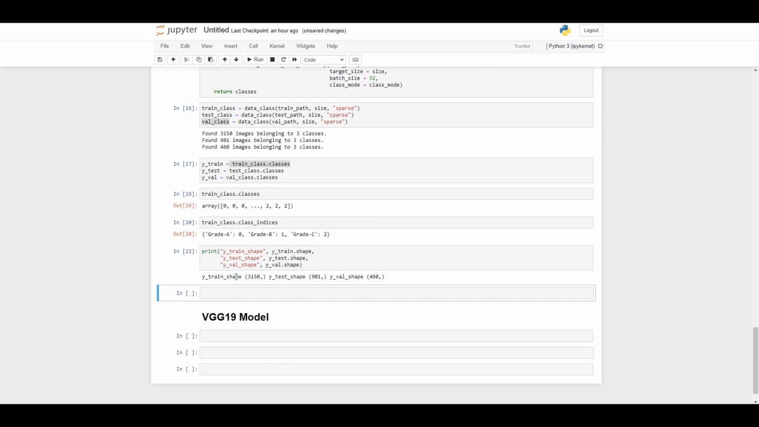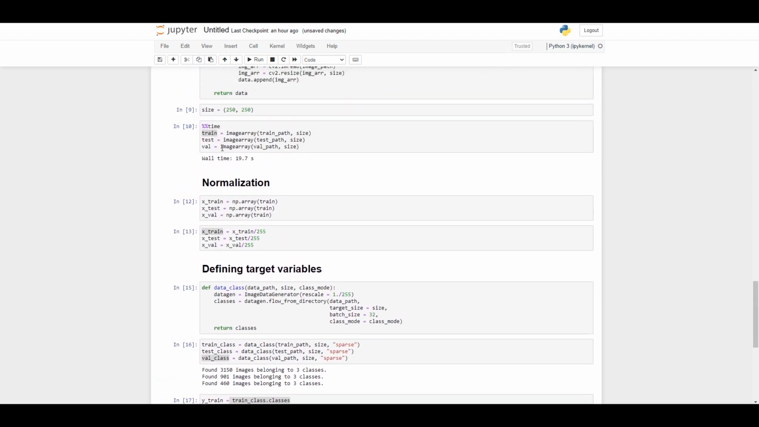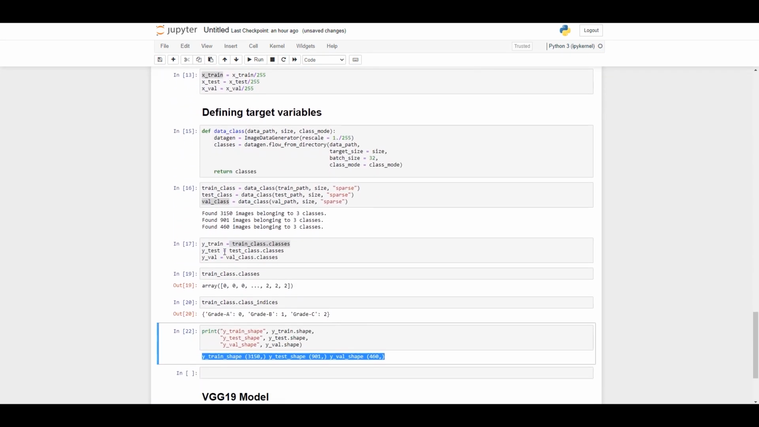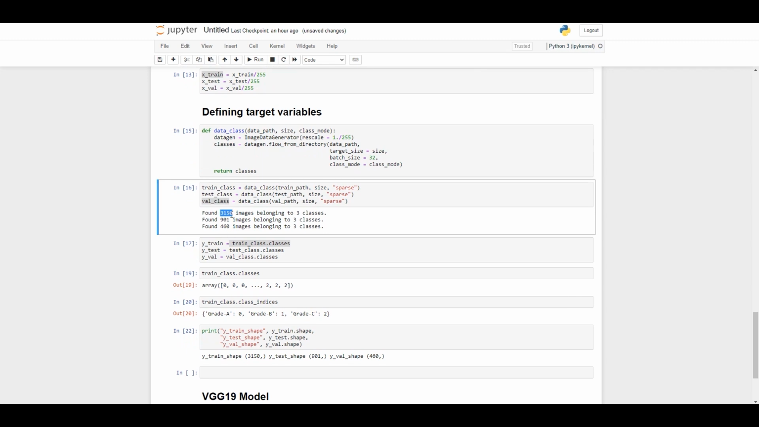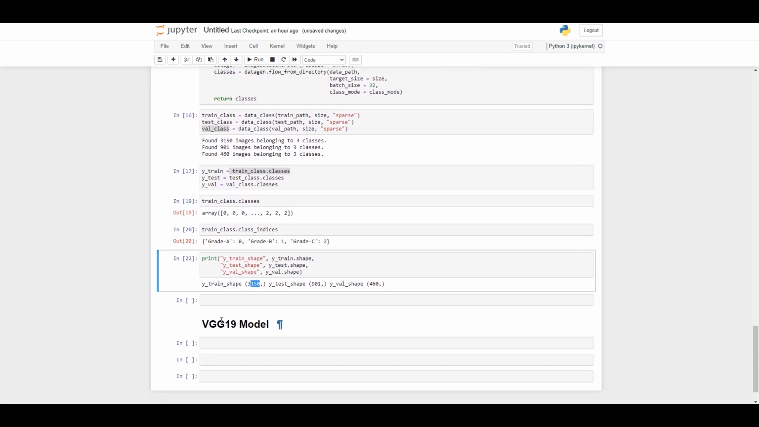Here you can see this shape is the same as for the training classes. Like you can see, 3150 images and 3150 for classes for y_train shape. Okay,